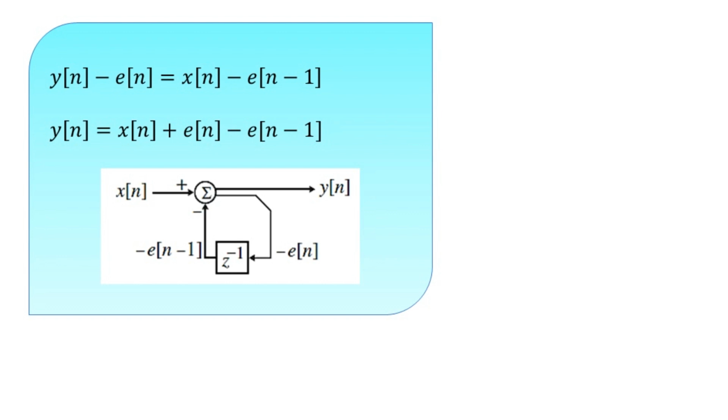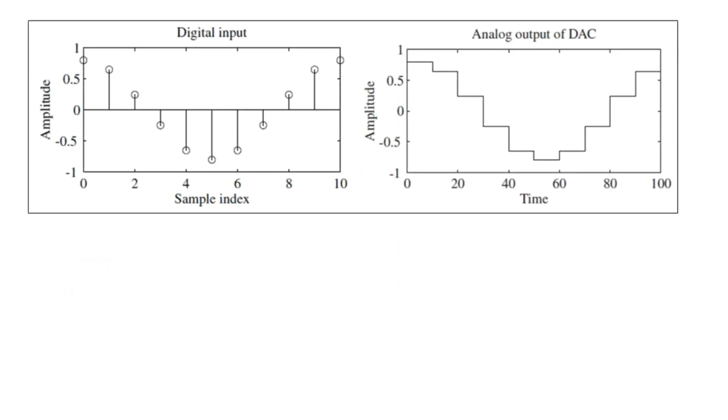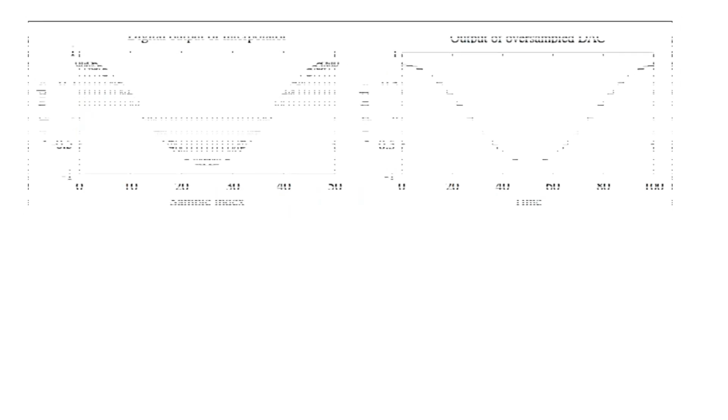Now let us have the example of oversampling D2A conversion, where the signal is a sinusoidal sequence of frequency 100 Hz operating at the sampling rate of 1 kHz. Here we visualize the corresponding input for the lower rate D2A converter, and next to that we have the output, depicting the interpolated sinusoidal sequence operating at the higher sampling rate of 5 kHz. This is the illustration for the second case.